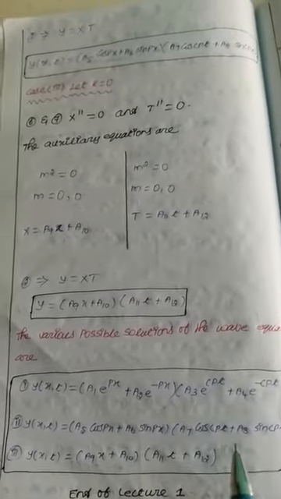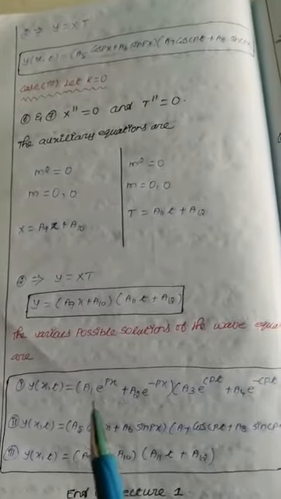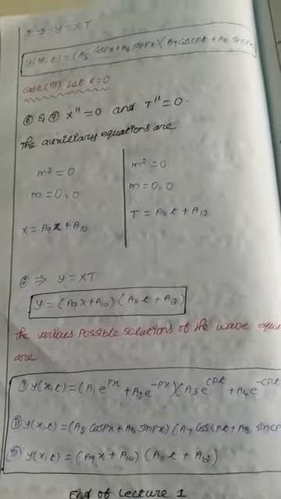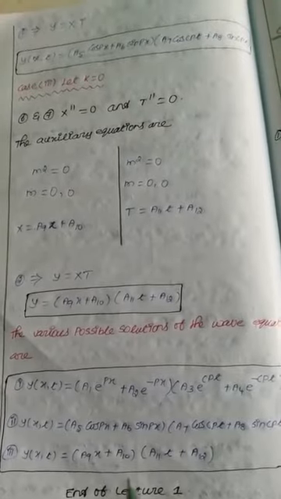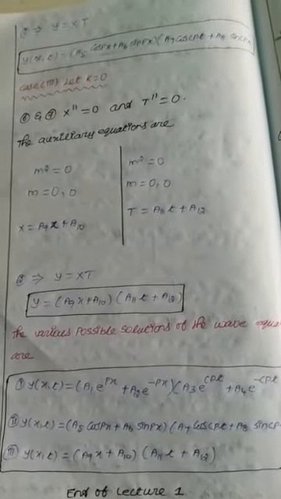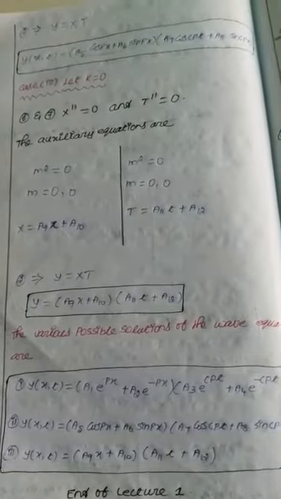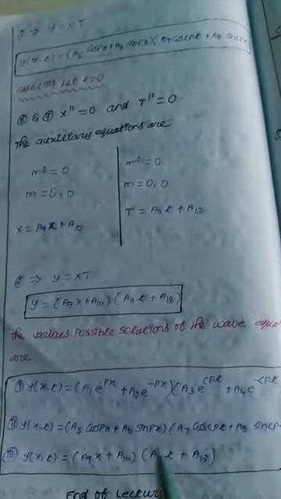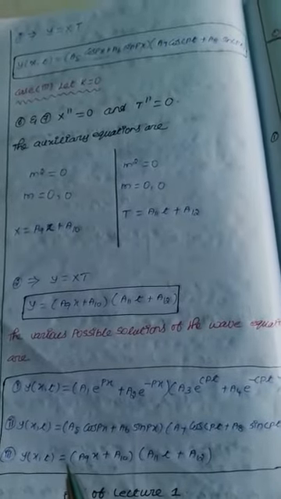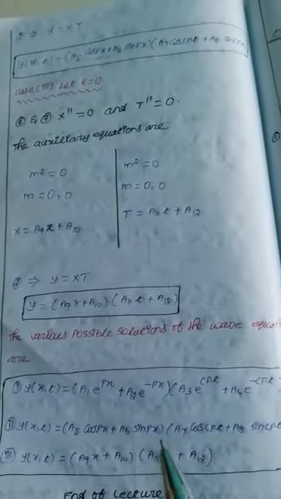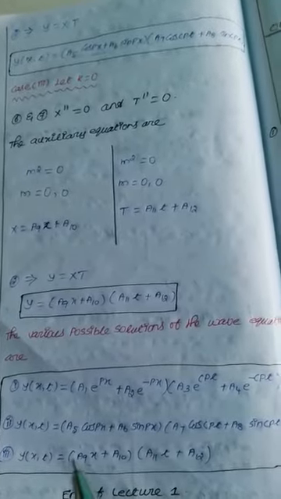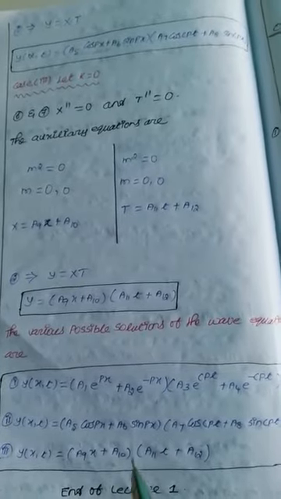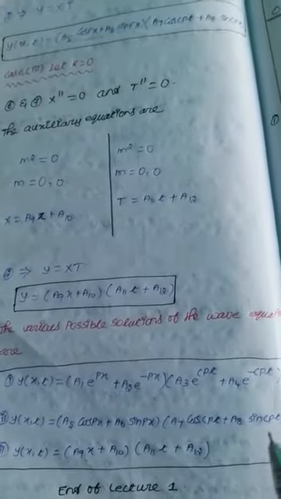The second solution is the physically acceptable solution, because the first solution is an exponential solution. A wave cannot go in exponential order. The third solution is a linear equation, which means y equal to mx plus c, which is also a straight line. It starts from 0 and goes up to infinity. The wave cannot go like this. So the first and third are deleted, and the physically acceptable solution has cos px and sin px, and we know the curves of cos and sin. In this combination, the wave equation is a combination of cos and sin waves. The physically acceptable solution is the second solution.